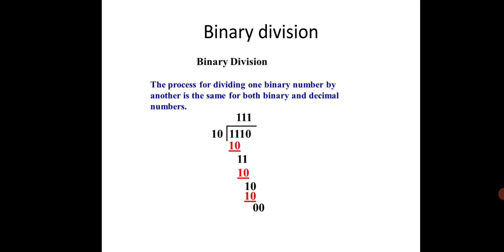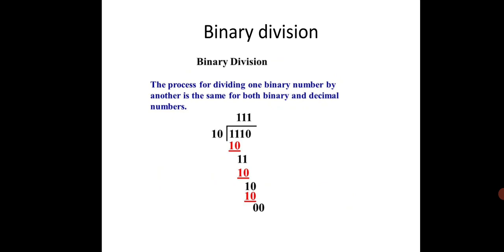You will bring the next bit down, that is 1, 1. Again 1, 1 divided by 1, 0 is 1, 0 and the remainder is 1. You will write down 0 as it is. Again 1, 0. So 1, 0 divided by 1, 0 is divisible. So 0, 0, remainder is 0. So the remainder is 1, 1, 1 for the binary number 1, 1, 1, 0.